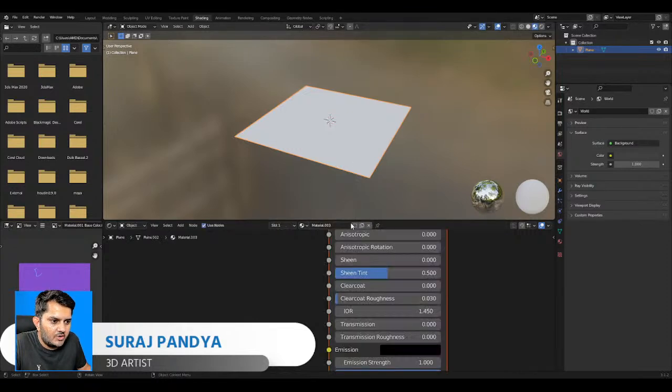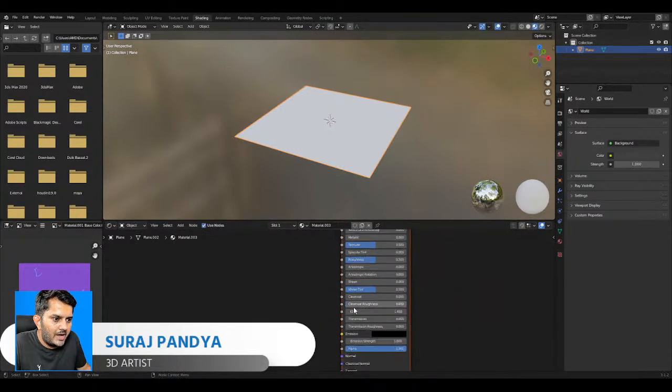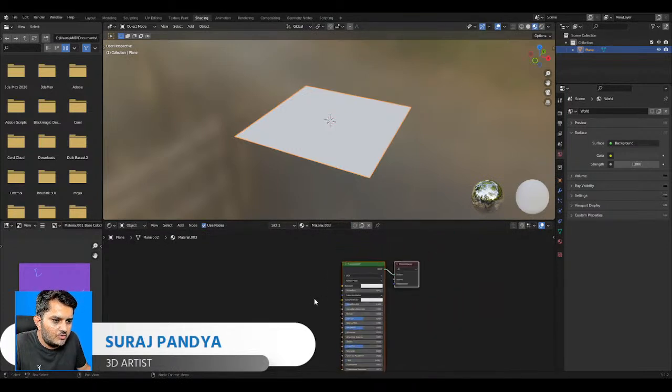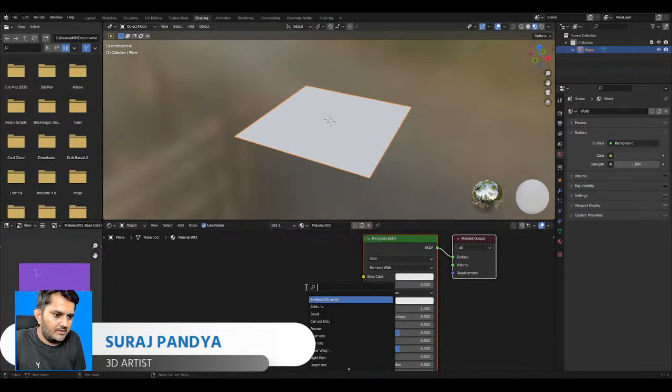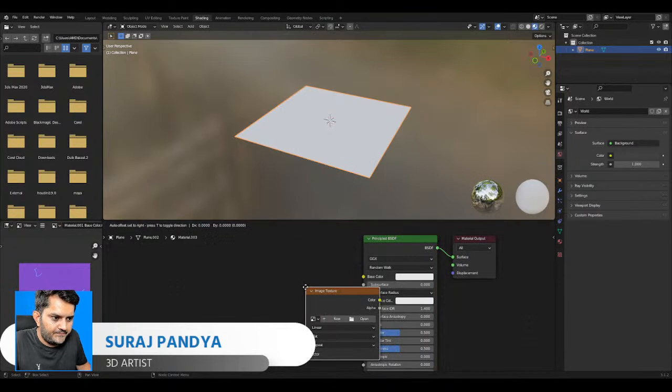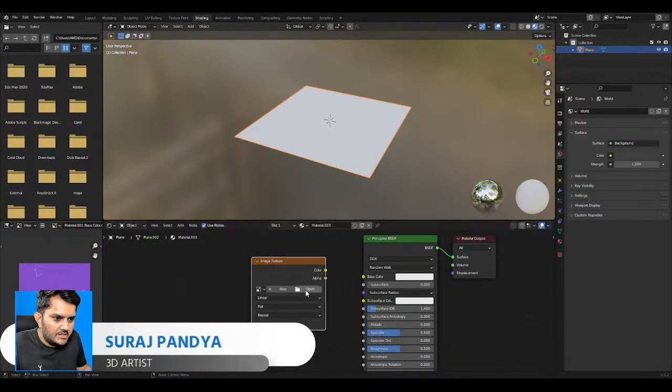For that I have to just click on New. To add an image texture, you just press Shift A to find it and type image. Just click Open and it will open your browser, and select from